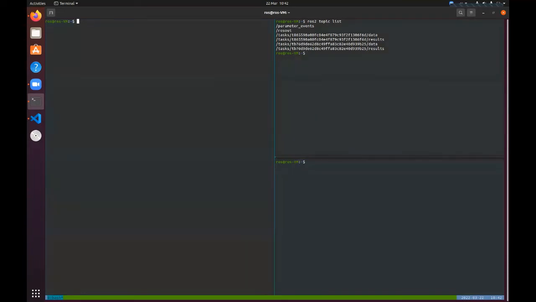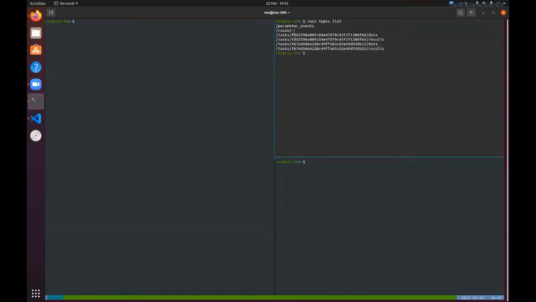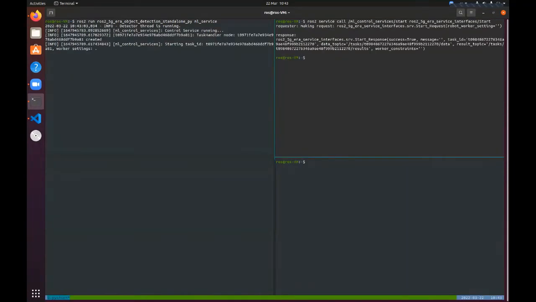Okay, never mind. This should be only on my computer. You should see only the parameter events and the rosout probably. So I will start the service again and do the service call,